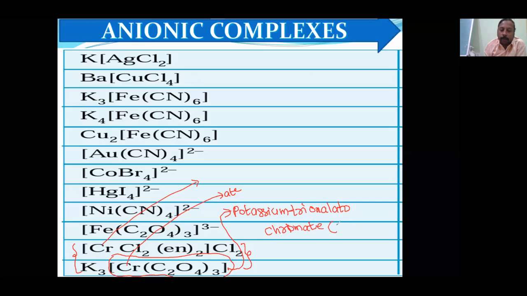You can find out the oxidation number. You will get 3. Should I write ion? No, because there is no charge. Potassium trioxalatochromate, and oxidation number 3 in bracket in Roman numerals. There is no charge, therefore there is no ion. Now if you solve these 12 questions, I think your perfection will have improved a lot, I hope.